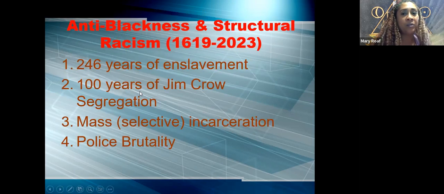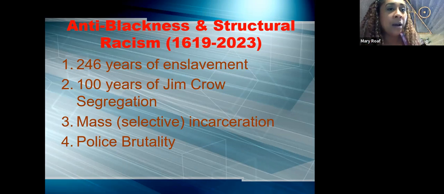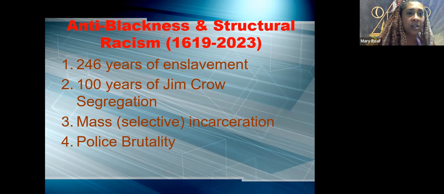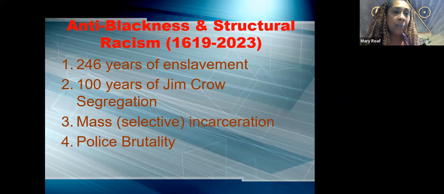Another example of structural or systemic racism, when we look at peoples of African descent in the US from 1619 to the current day: chattel slavery, Jim Crow segregation, mass selective incarceration, which disproportionately targets Black and Latinx communities, and increasingly individuals from poor or economically marginalized communities, and then police brutality, which has been a longstanding issue for Black, Latinx, Native American, and Asian American communities,